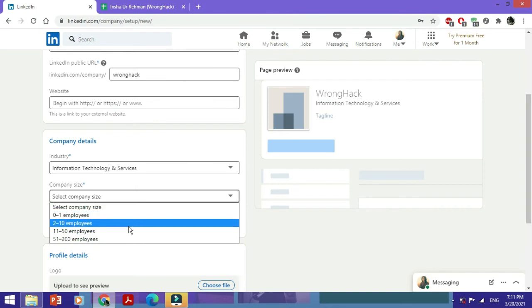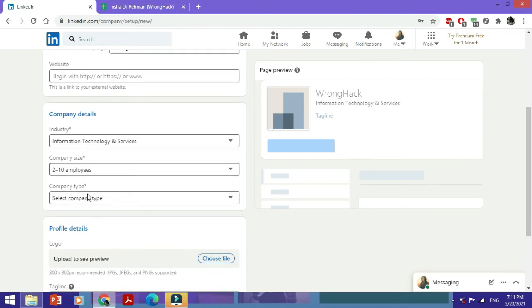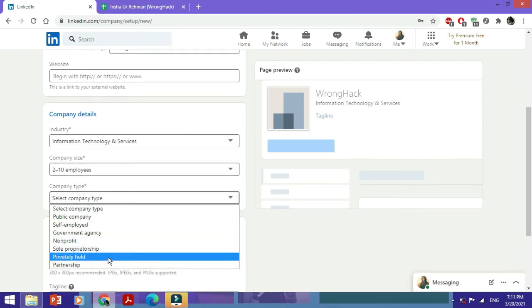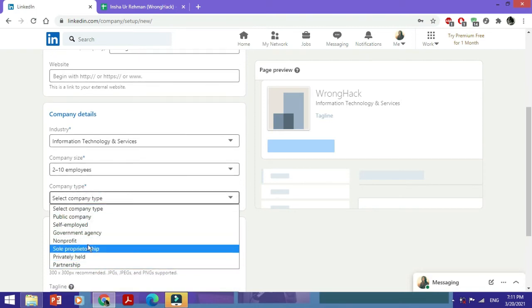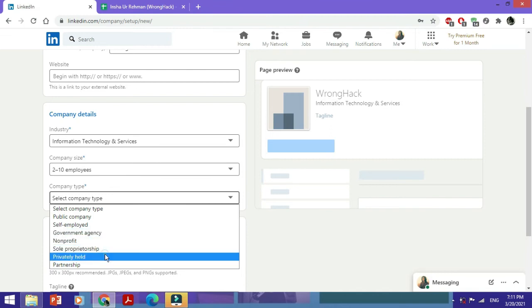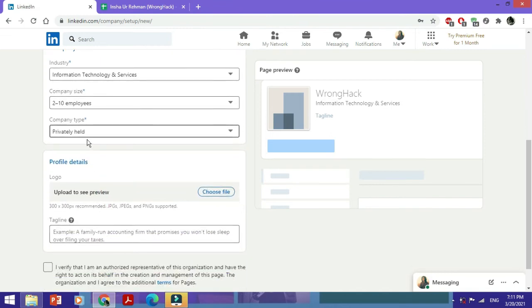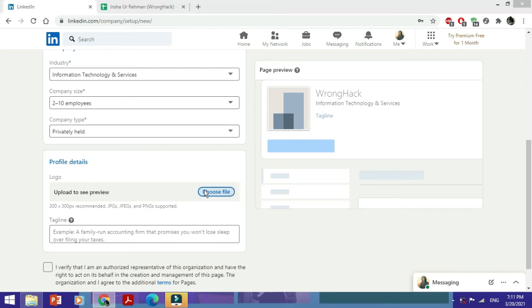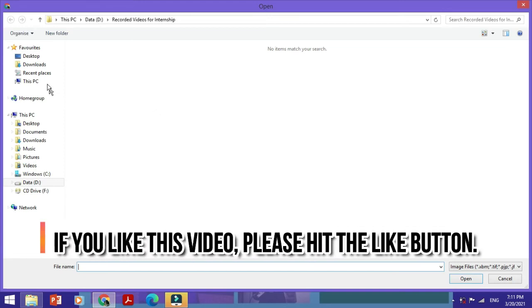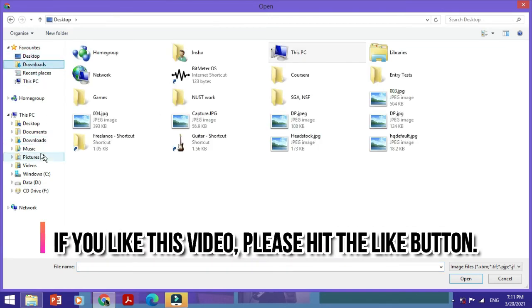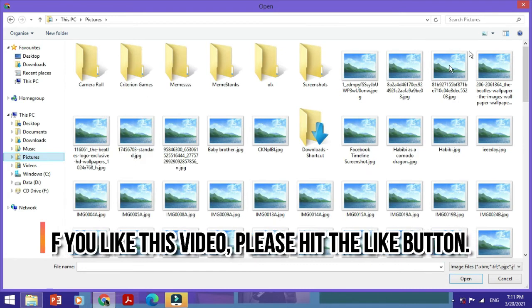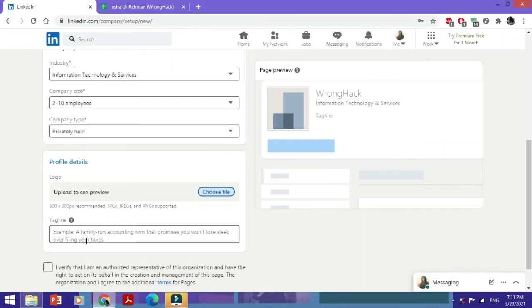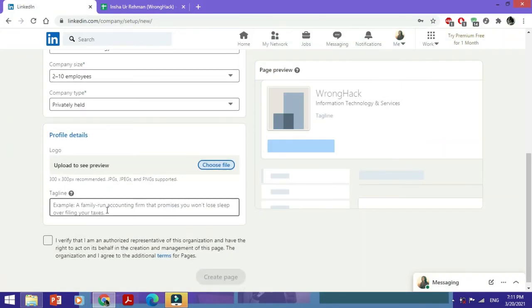Company size, once again, it depends on how many people are in there, and the type of company. So if it is a partnership, if it is non-profit, just depends on what you feel your company is about. And then you add the company logo. Just click on choose file, and you could, of course, browse through your desktop, your computer, for any sort of pictures. Just select the logo, and then you could add the tagline, which could be anything which is in line